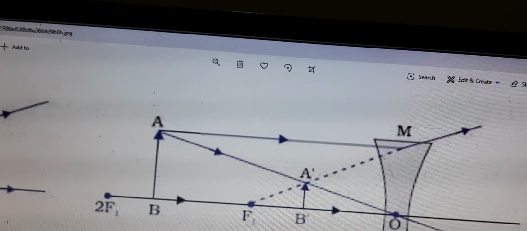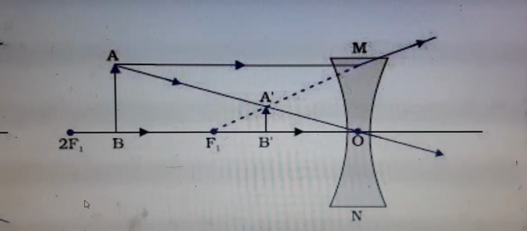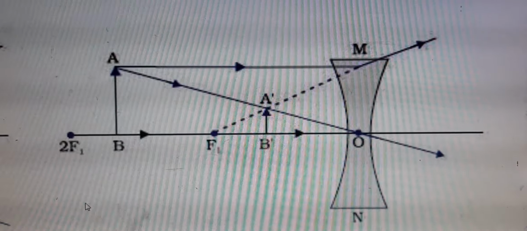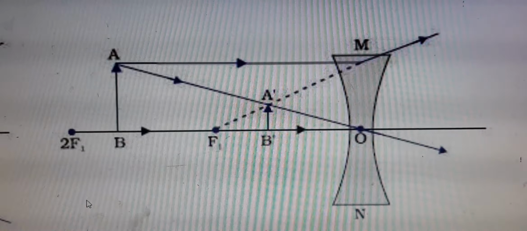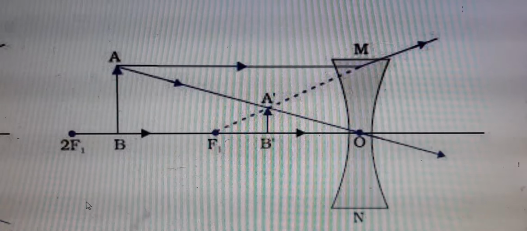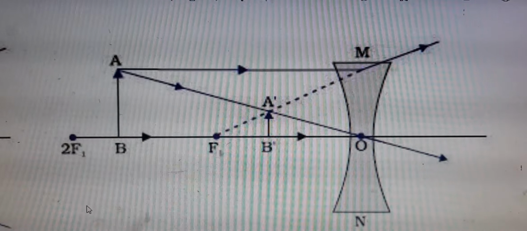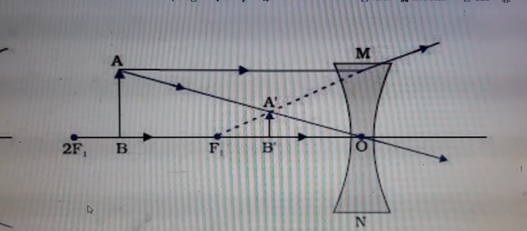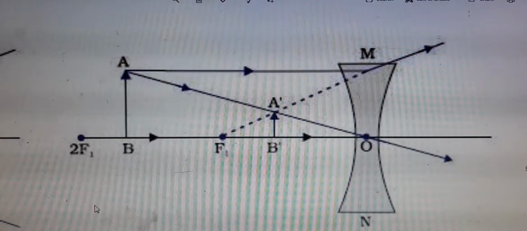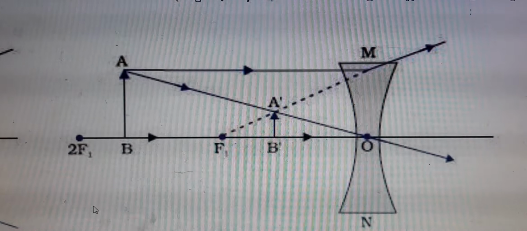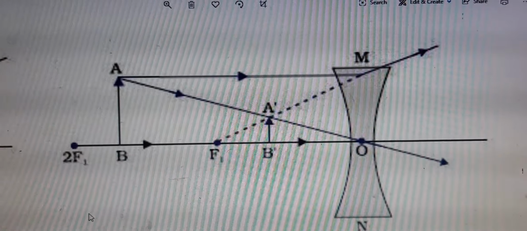Here, this is very happy news for you: in the case of a concave lens, you have to learn only one diagram. The convex lens had 6 diagrams, isn't it? 6 ray diagrams you had to learn. But in this case, only one diagram is to be learned, because all the positions give the same diagram. Draw one ray parallel to the principal axis. It will diverge, appearing as if it is coming from the focus. That is the first ray that we saw just now. The second ray is passing through the optic center and goes undeviated. Very simple. Only one diagram to be learned.